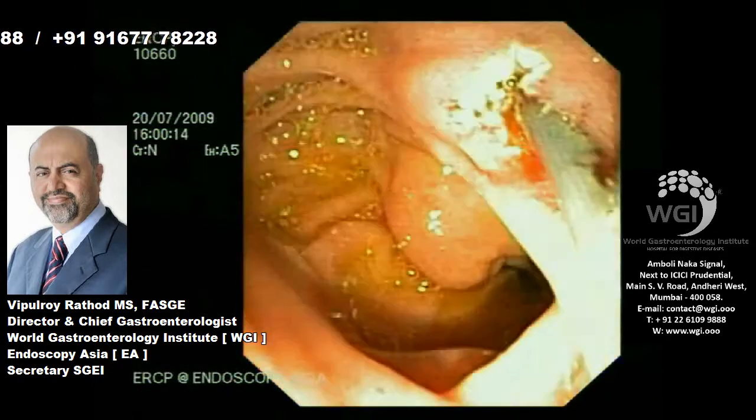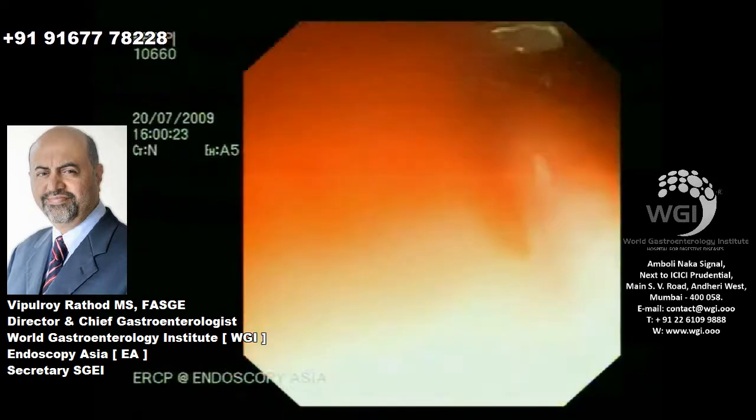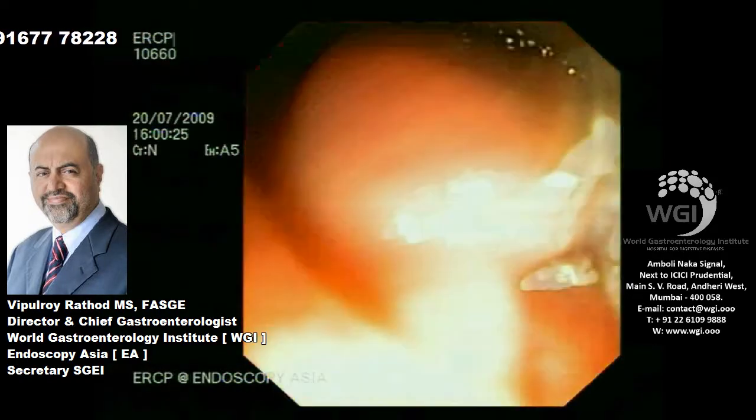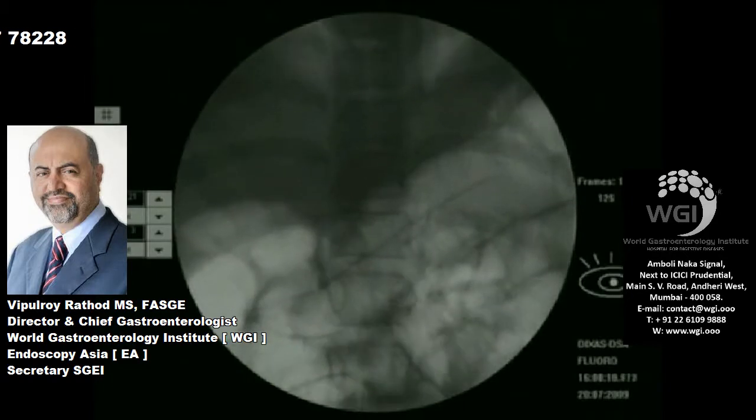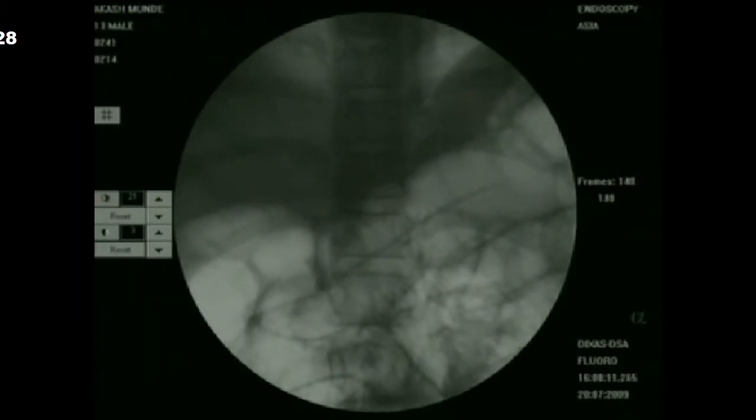sphincterotomy. And this marks the first stage of this procedure. The patient will be called in after 3 months for repeat endotherapy. You can see on fluoroscopy